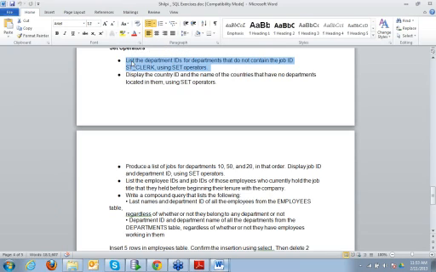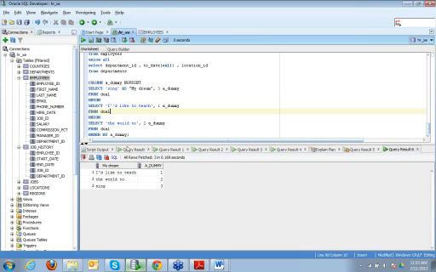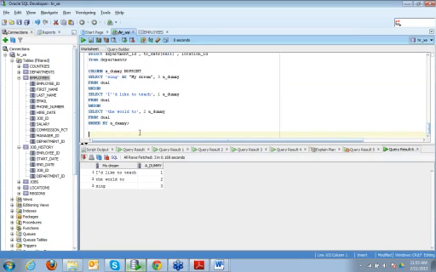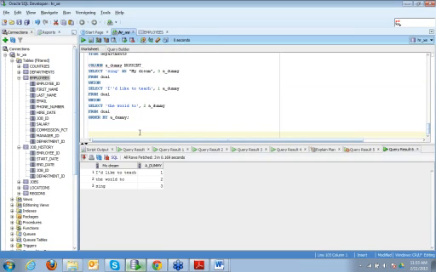Let's do this one. So list the department ID for departments that do not contain the job ID ST clerk.